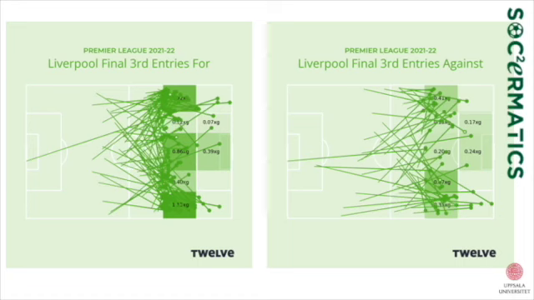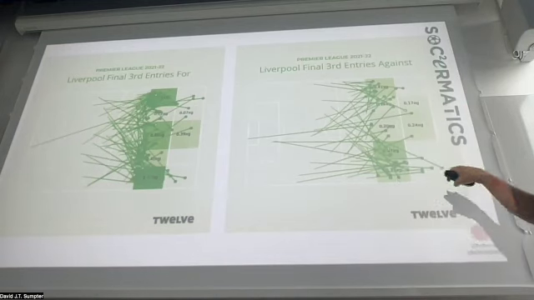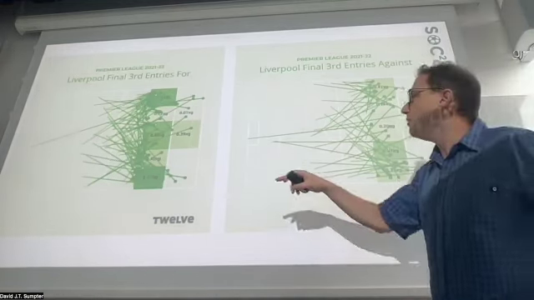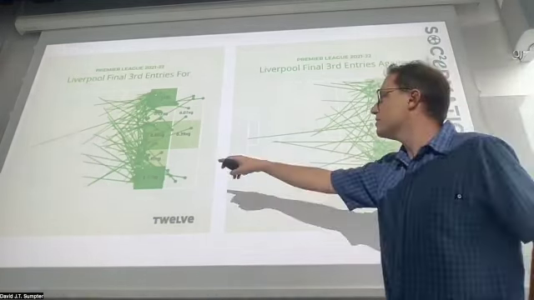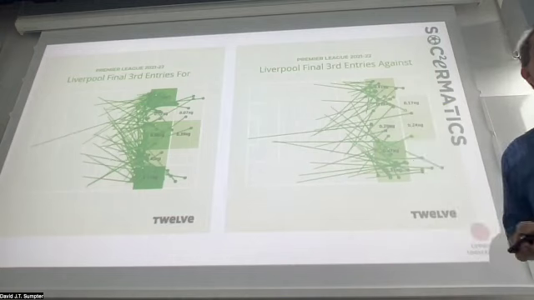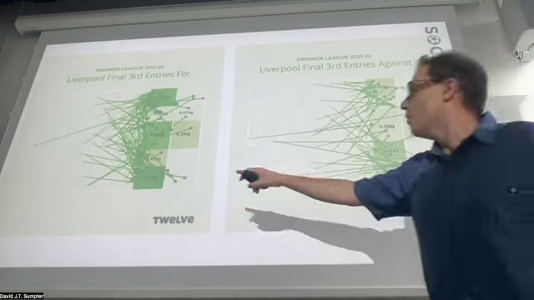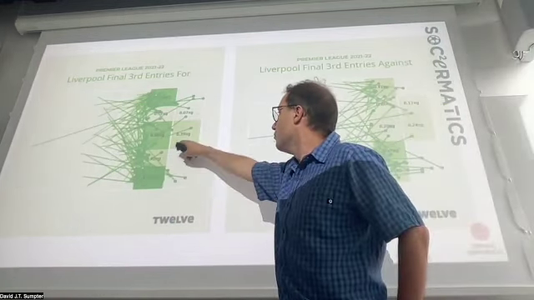One last one is where do Liverpool, when they get the ball into the final third, where do they create the most danger from? This is for Liverpool, and this is for their opposition. Now their opposition are back to attacking left to right. And you can see there's 2 areas in particular where if Liverpool get the ball there in the final third and it's out on the wings, they're very successful later at generating a chance. So when the ball goes in here, the expected goals, the quality of the chances generated, is very high in